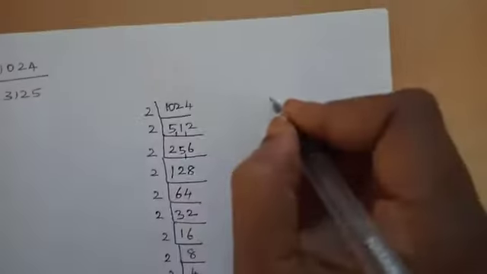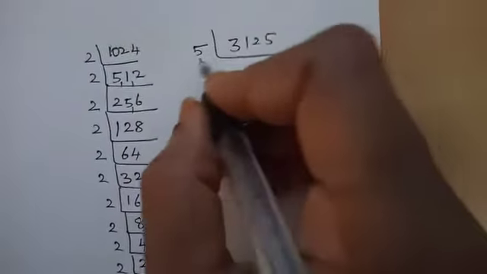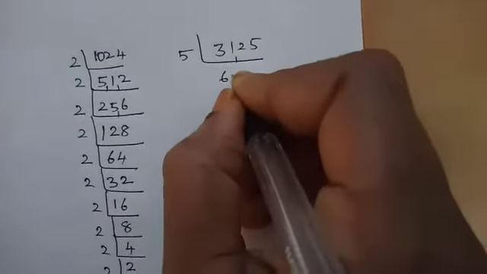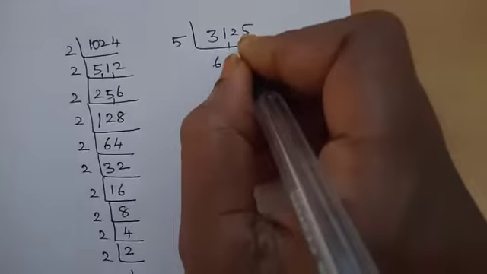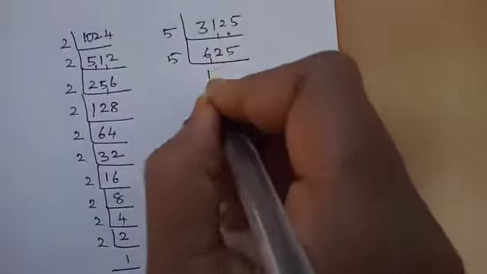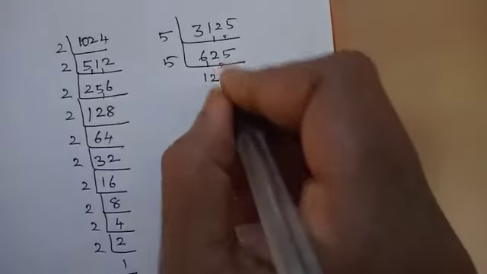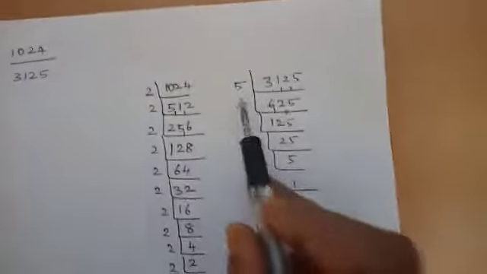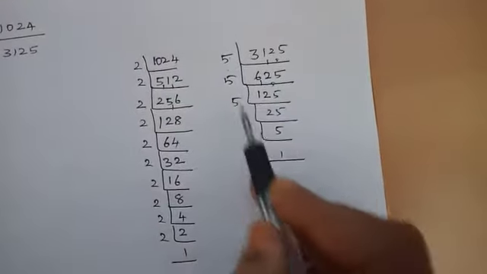Okay. Next 3125. It is a multiple of 5. So we take factors in the 5th table. 5 6s are 30, remainder 1, 12. 5 2s are 10, remainder 2, 25. 5 5s are 25. So again 5. 5 1s are 5, remainder 1, 12. 5 2s are 10. 5 5s are 25. So again 5 25s are 125. 5 5s are 25. 5 1s are 5. So we find the fifth root. So it is 1 2 3 4 5.